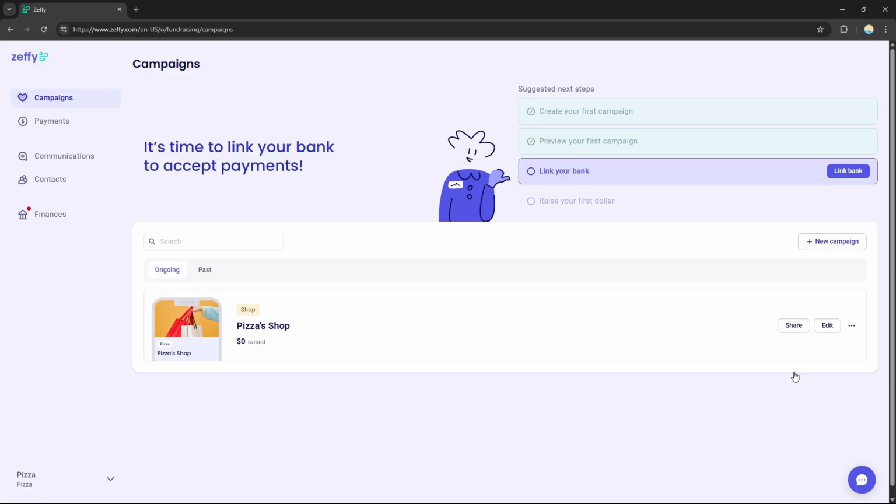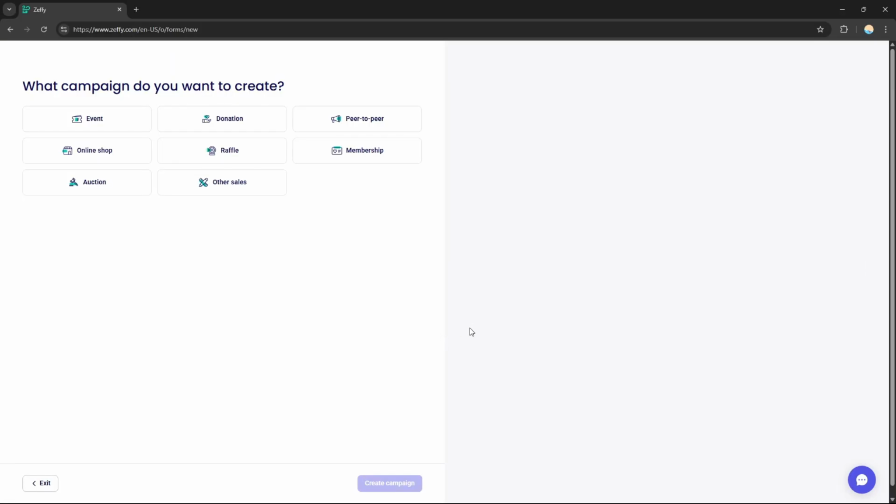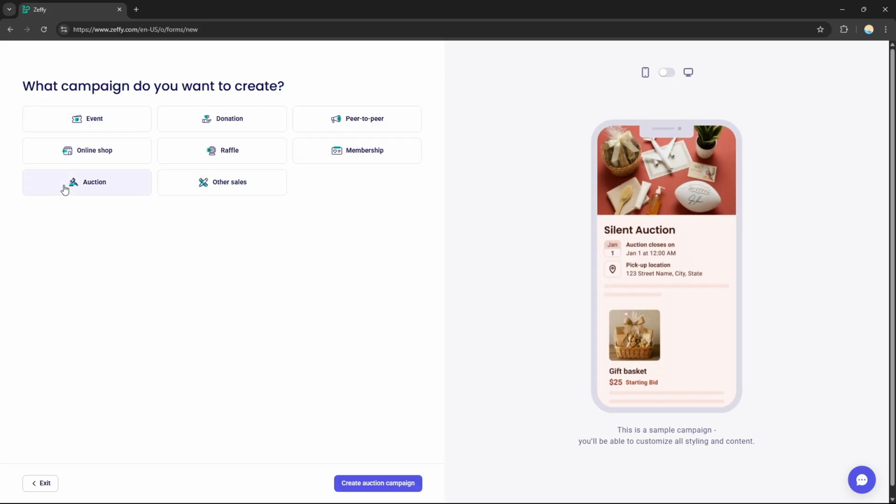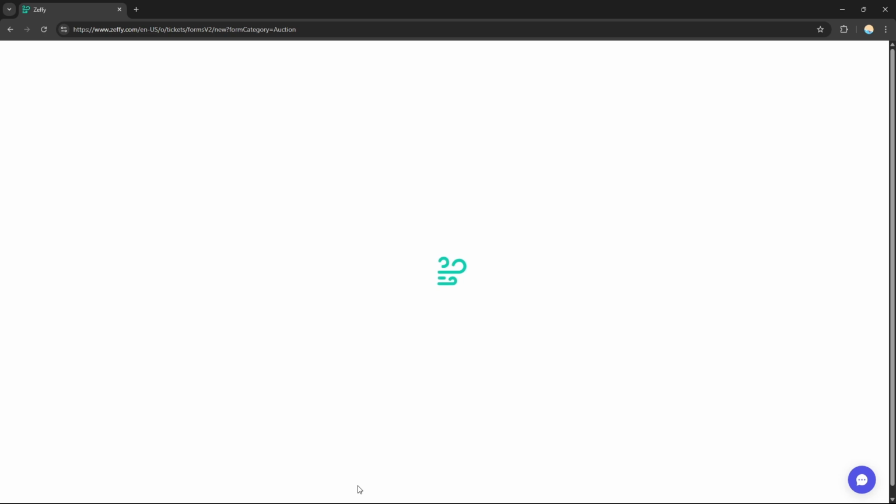Right here on campaign, just click it and click this plus New Campaign to create a new campaign. After that, it will ask you what campaign you want to create. Since we're creating an auction, we need to choose auction right here. As you can see, Zeffy will generate a template for you already, and you just need to customize it. After that, just click create auction campaign, and you will start customizing it